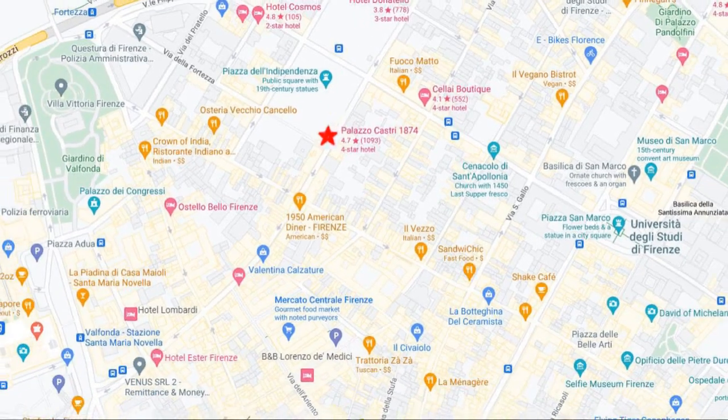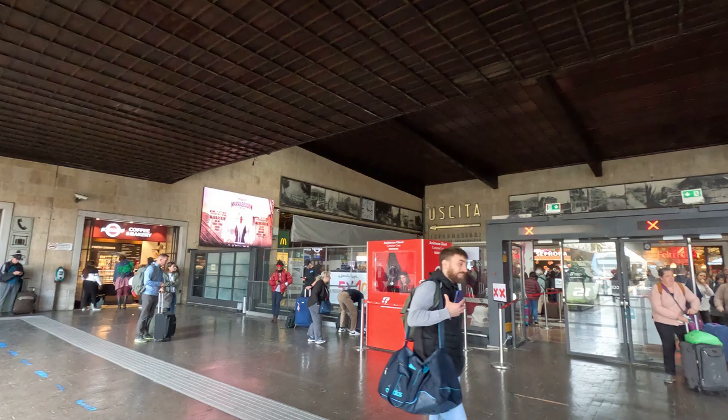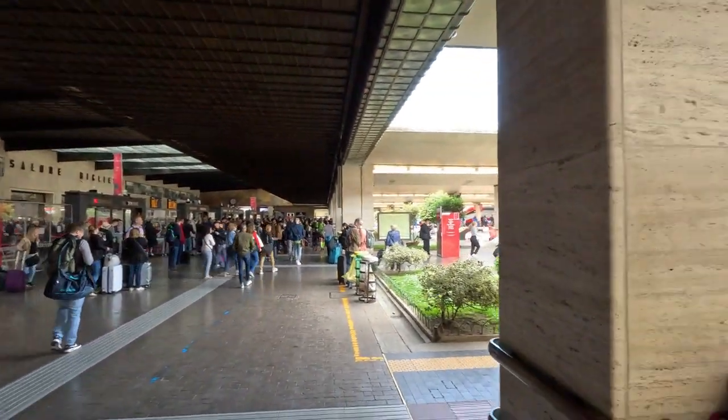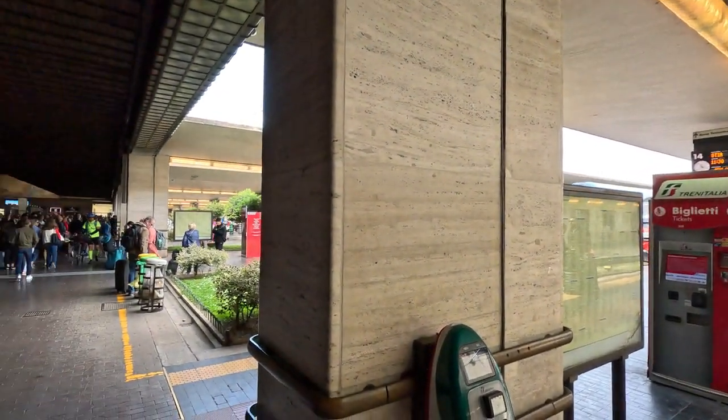Palazzo Castri sits just north of the historic center of Florence. It's only about a 10-minute walk from Santa Maria Novella train station, the main station in Florence, but the streets and sidewalks are narrow and busy, so if you arrive there with luggage, I would highly recommend taking a taxi